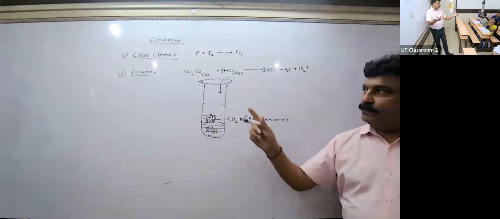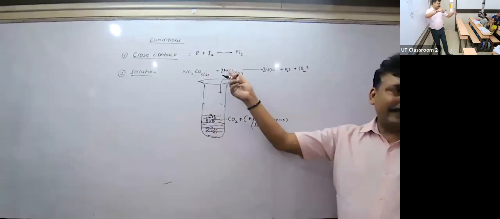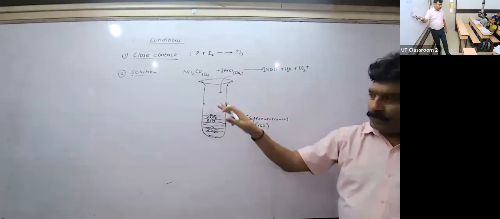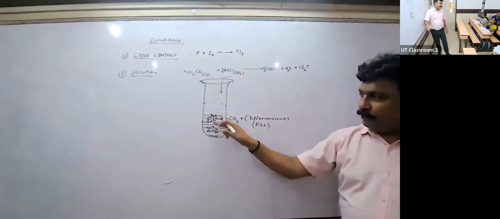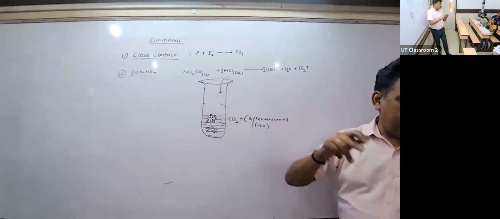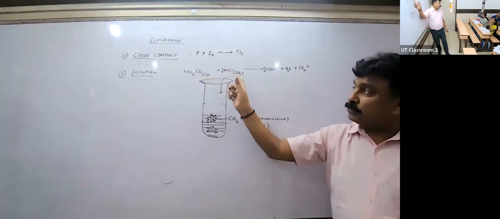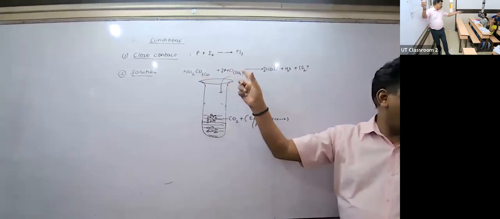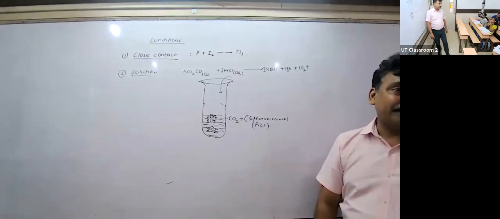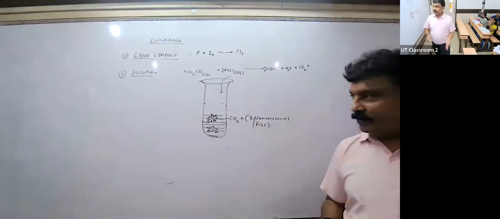If suppose I keep the solid and try to take this HCl gas, they will not react. So we dissolve this Na2CO3 in the solution, and immediately there is a reaction. So in a solution, one of the two substances should be dissolved in water. That is called a solution. Aq means dissolved in water, aqueous. Third is what? Third is